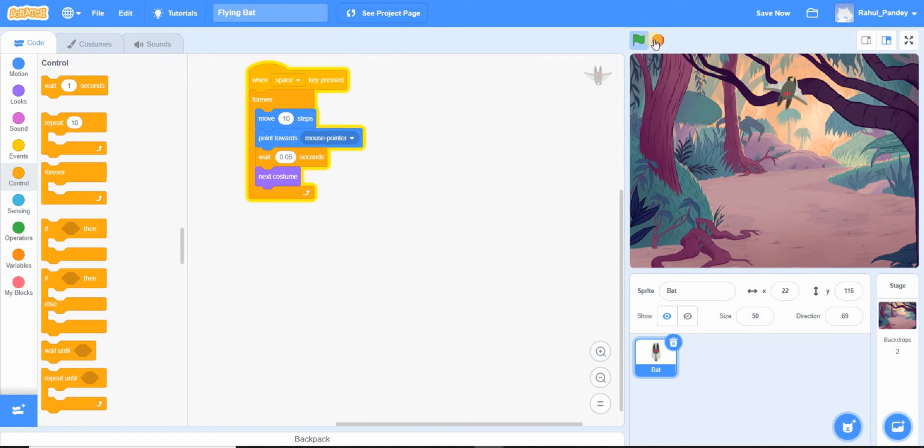But we should put one condition, that if the distance between the mouse pointer and the bat is greater than 20, then this function should occur. If not, then it should not happen. Then let's take this if